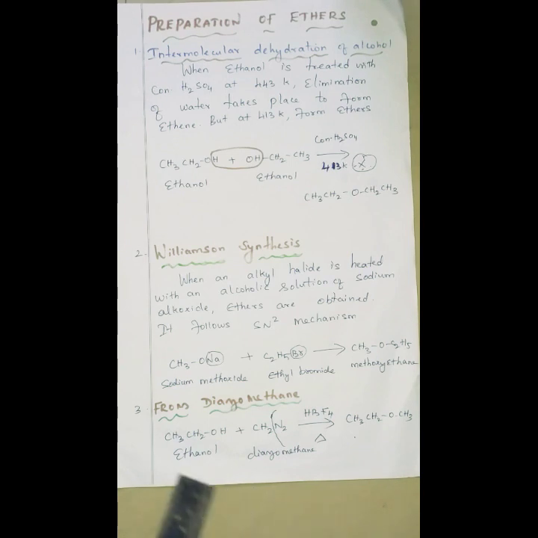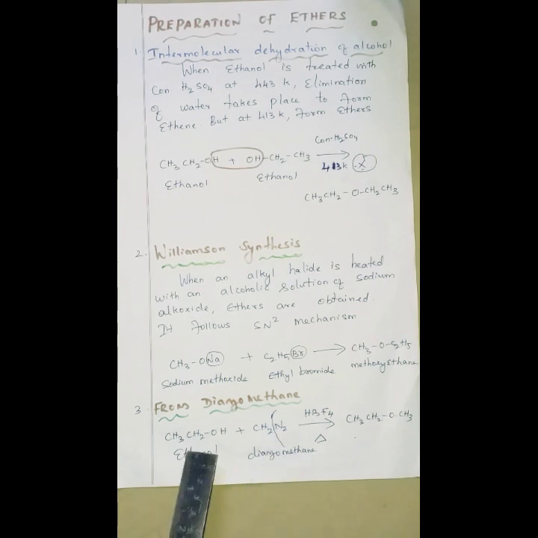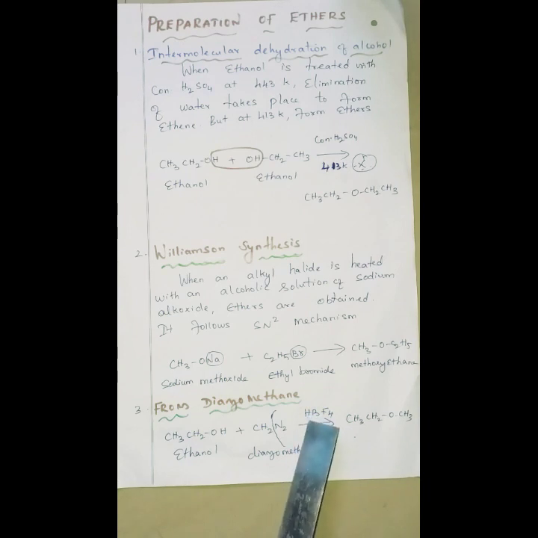Next we are going to see the third method of preparation, that is from diazomethane. Diazo means it is N2. The methane formula is CH4, and instead, N2 is attached. So when ethanol is treated with diazomethane and heated in the presence of fluoroboric acid, simply HBF4, the N2 alone is removed, and here one CH2, here one hydrogen, so totally they combine to form CH3. So when ethanol is treated with diazomethane, it forms methoxy ethane.